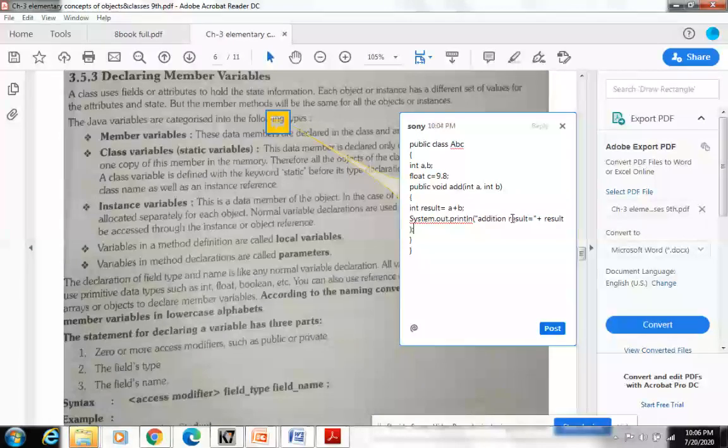So what I am trying to explain is this topic, declaring member variables. Now see how to declare and what are the different types of variables we have. See, first it is written member variables. In this program, all the variables, that is a, b, c, or result, and a, b again, all these things are known as member variables. That means if a class is there and its members, meaning variables, are there, these are known as member variables of the class.